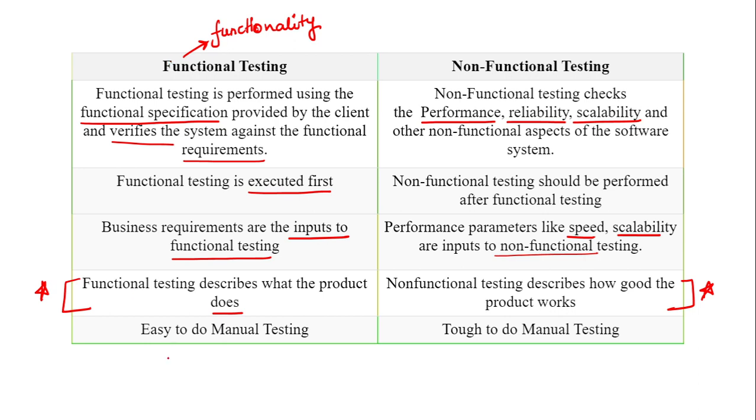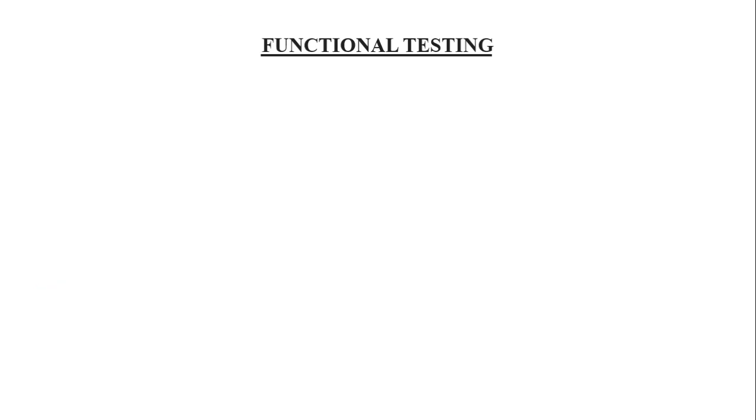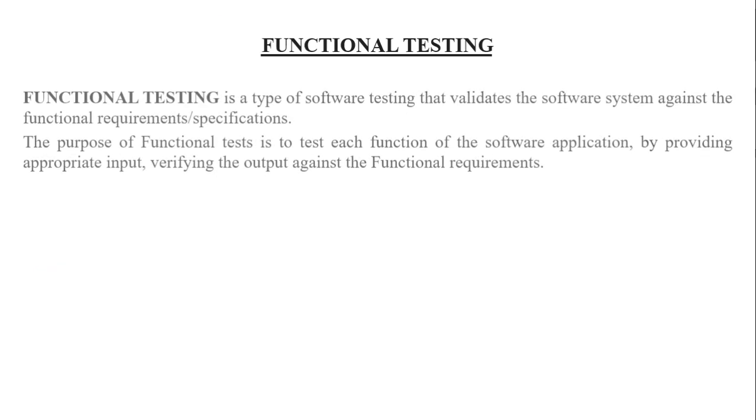Functional testing में तो अगर हम software example लें तो you can give 2, you know the result is 4, you can give minus, result is 4. But in non-functional testing, if you have to check the performance of your software, if you check speed, so it is not possible to do manually. In that case you have to use some tools for that. ये basic difference है आपका functional and non-functional testing में. Let's see what is functional testing now.